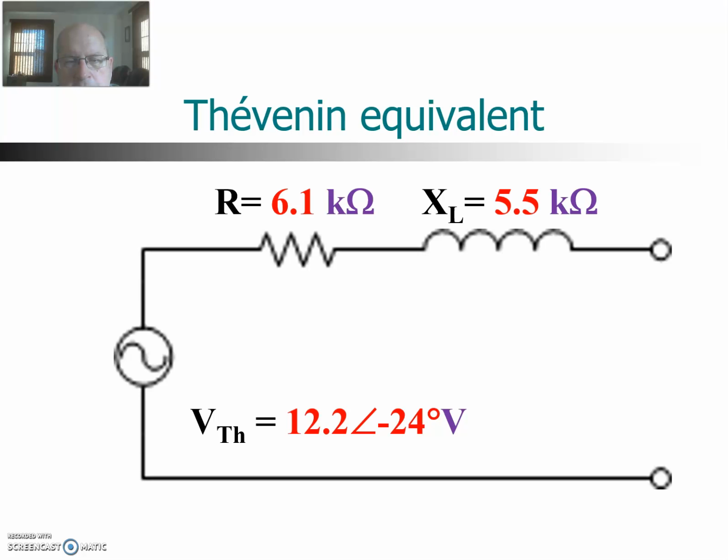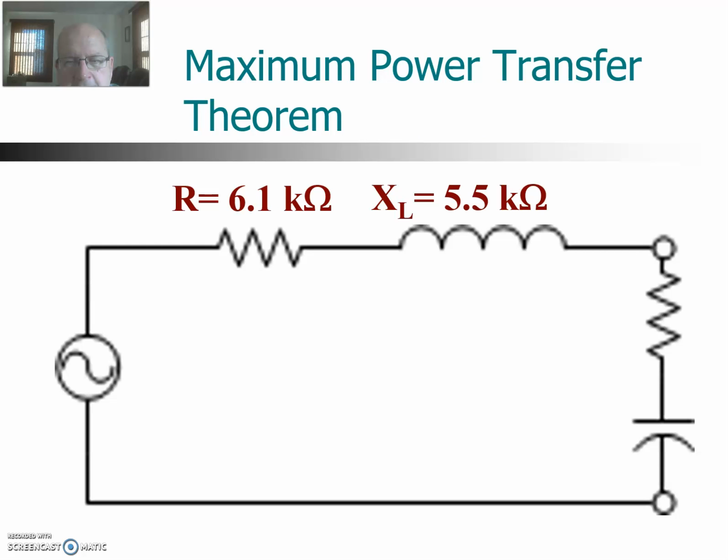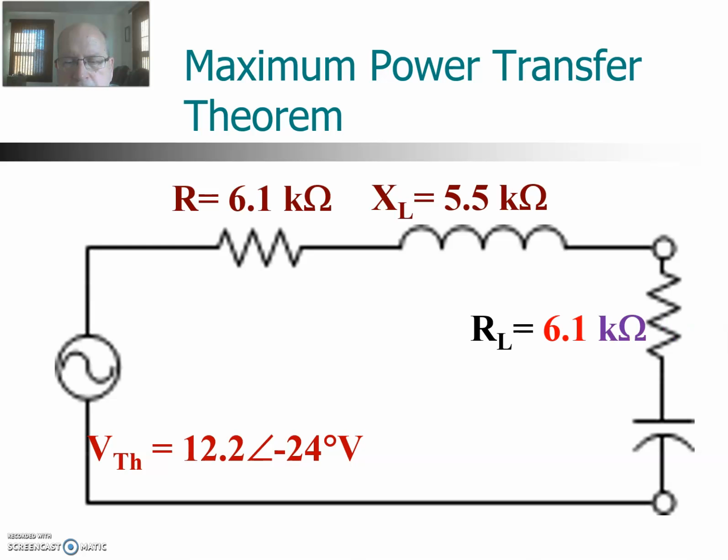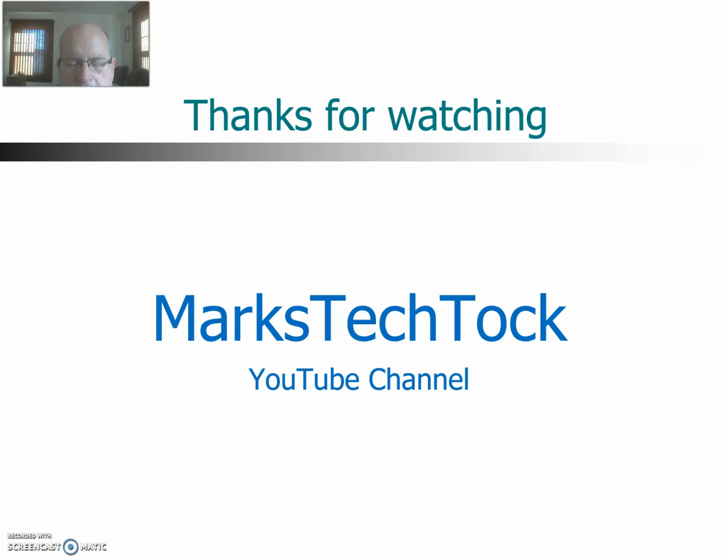So now that we have that equivalent circuit, how do we find the Z for maximum power transfer? Well, again, we're going to have a resistor along with a reactor. The reactor will be opposite of what we had for the Thevenin. The Thevenin is an inductor, so the load should have a capacitor. And of course, the voltage just carries through. The load resistance is what we found, 6.1K. That should match the Thevenin. And the load capacitance, the magnitude, should match the Thevenin, but the sign is opposite, so we change from an inductor to a capacitor. So hopefully that gives you an idea of how to do